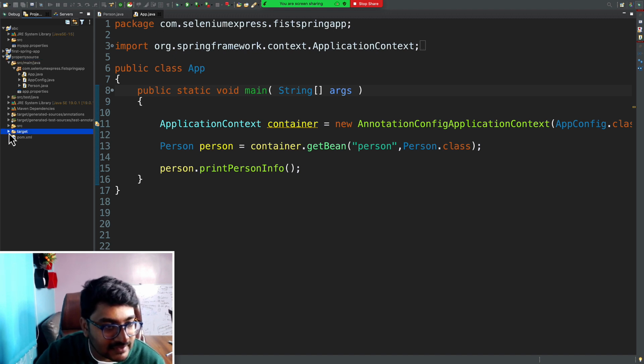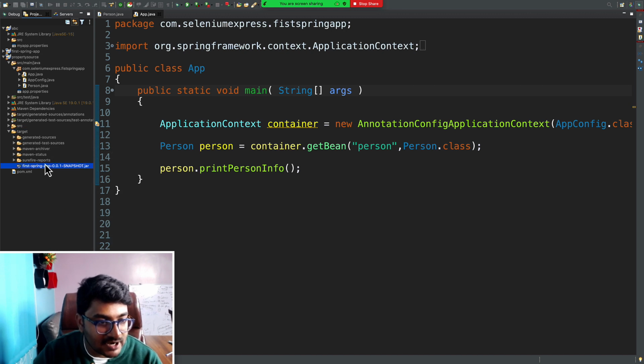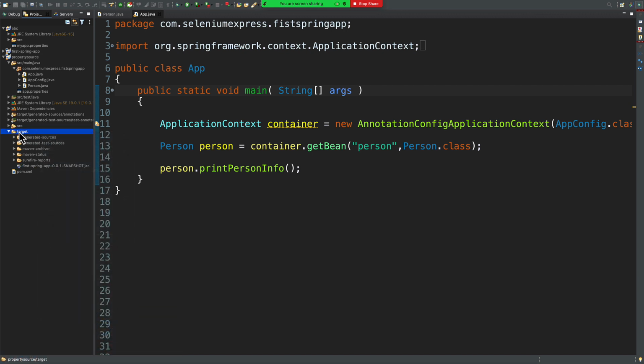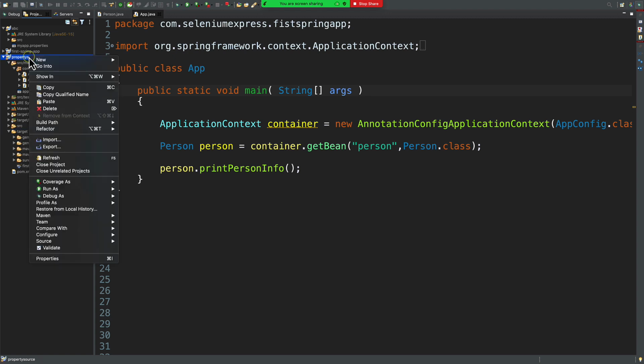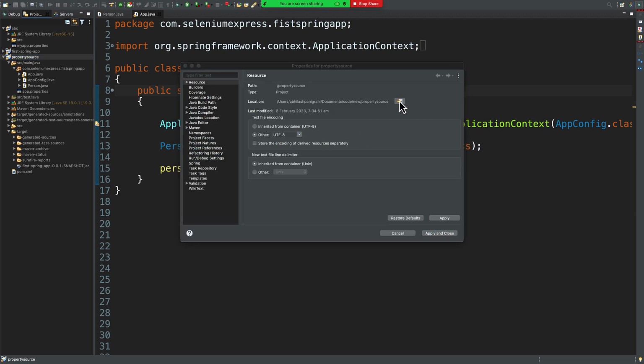I'll go to the target, I'll go inside this. I have this guy, this is my jar, and in real time what will happen, you will be running this jar. I'll refresh it once, you'll be running this jar. So how will I be running it? I can go to this particular project called Propertysource, right click, I'll go to properties, open this folder, and